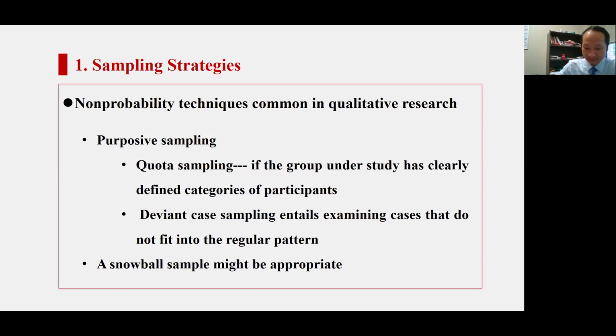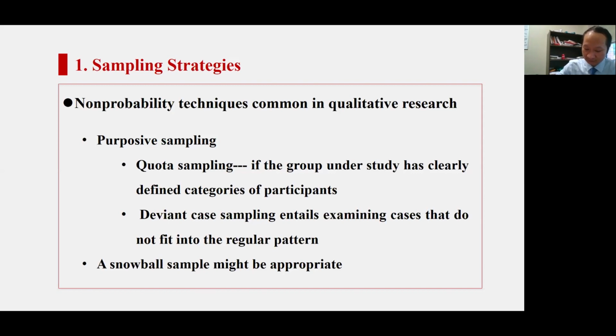Quota sampling can be used as well. Knowing the probability of each group in the population, you can determine the proportion of the subgroups in your sample. Say if your study population is nurses, and we know most nurses are female, but you want to oversample female nurses in your study. Deviant sampling is another form of purposive sampling, in which the researcher chooses the most untypical